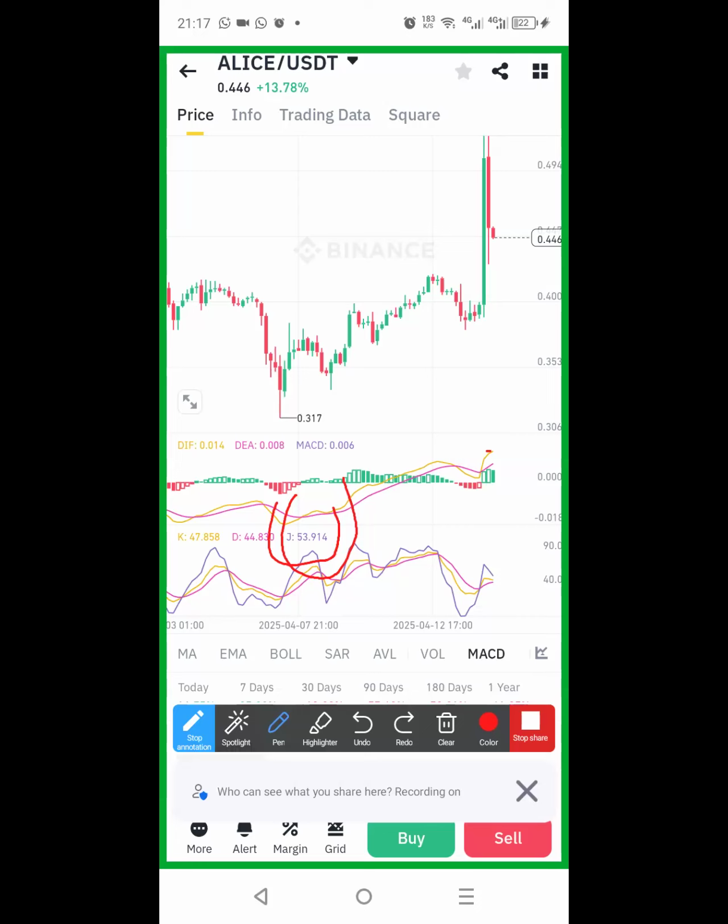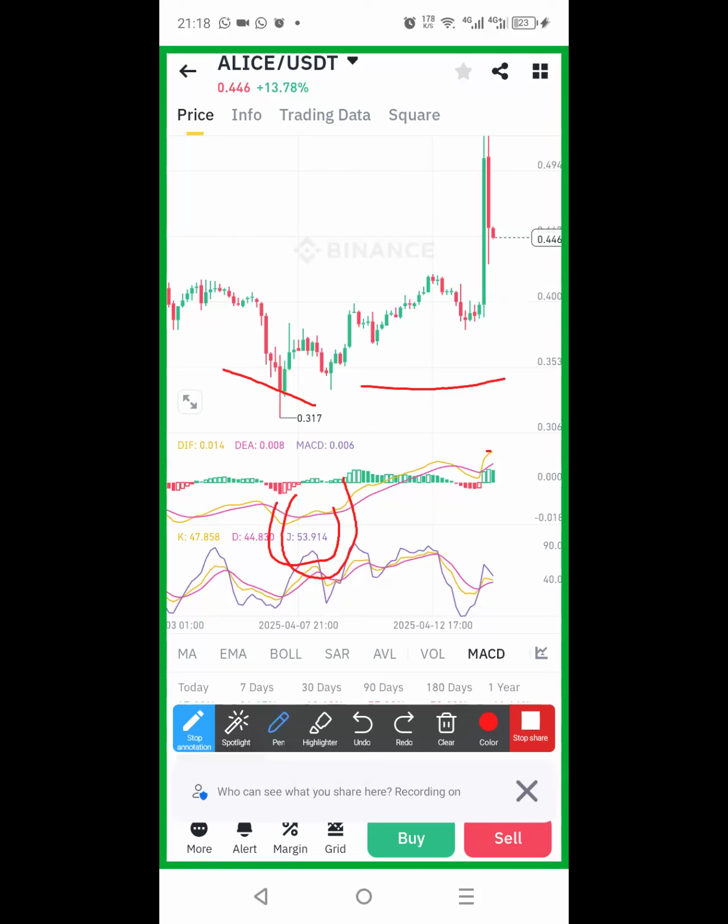Especially if the coin is on a sideway movement. Sideway movement is when the coin is doing zigzag in a horizontal direction, maintaining almost the same bottom and the same top. That means the coin is going in a sideway direction. It's not on an uptrend at that moment, and it's not on a downtrend. So the coin is on a sideway direction.